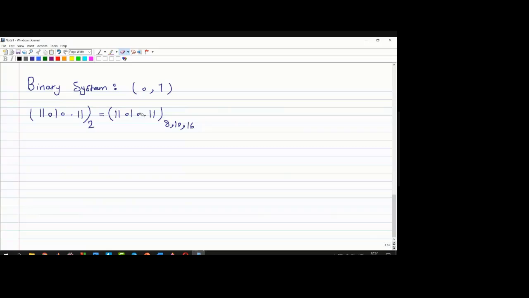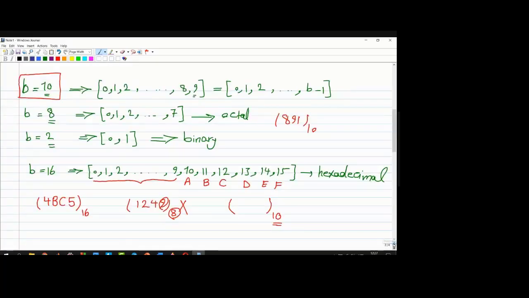This number is acceptable for all of the systems. But if you want to represent what the meaning of this number is, you have to write the base of the number. Okay, according to this formula,